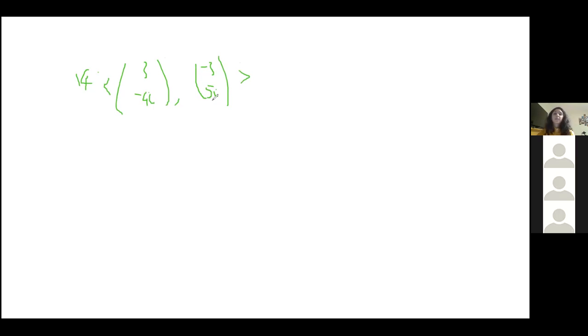The inner product is sometimes known as the dot product, and it gives you a scalar value. So these are vectors, which means they have a magnitude and direction, but a scalar only has a magnitude. And so what this inner product does is it takes two vectors and gives out just a number. So the way we go about doing this question is, first of all, you can't just multiply both of these vectors just like that, because